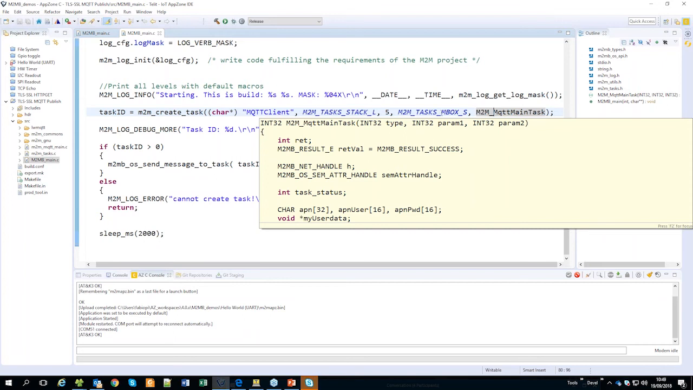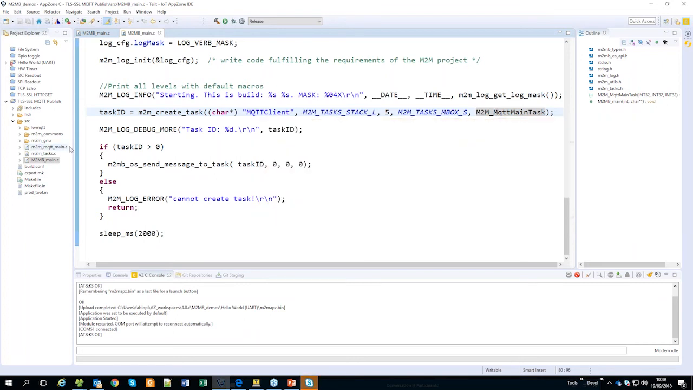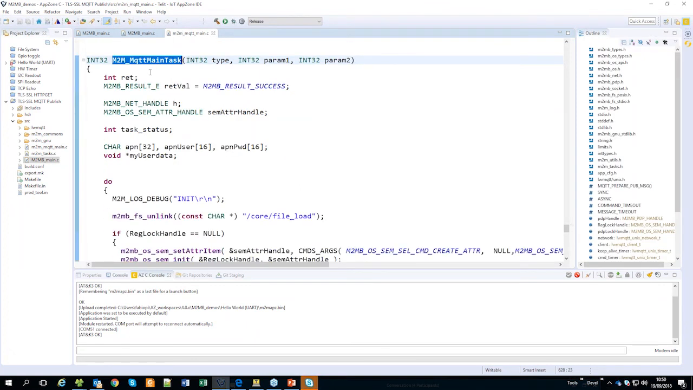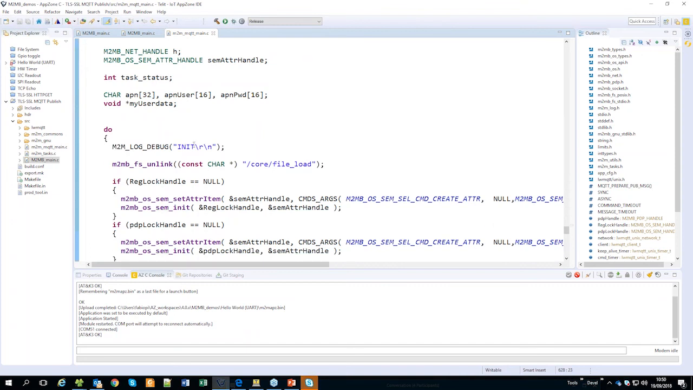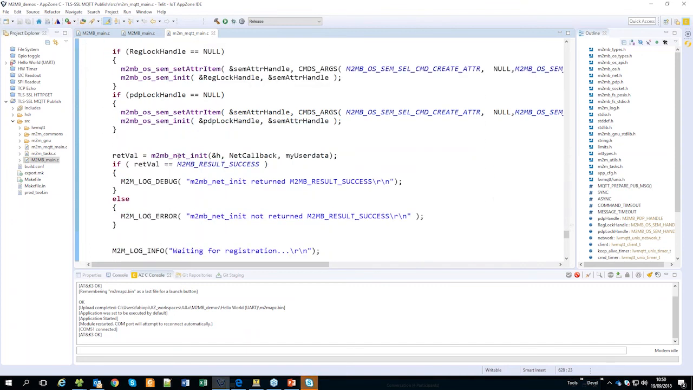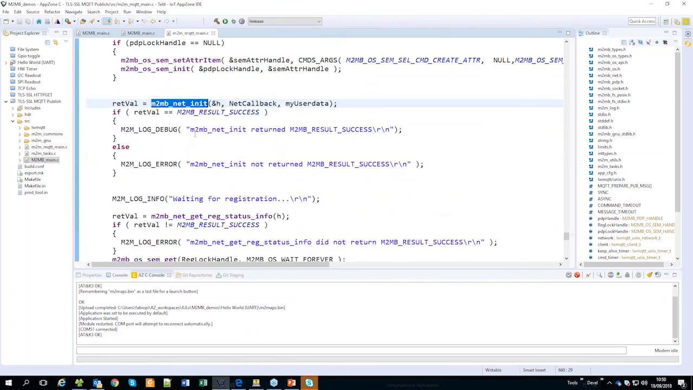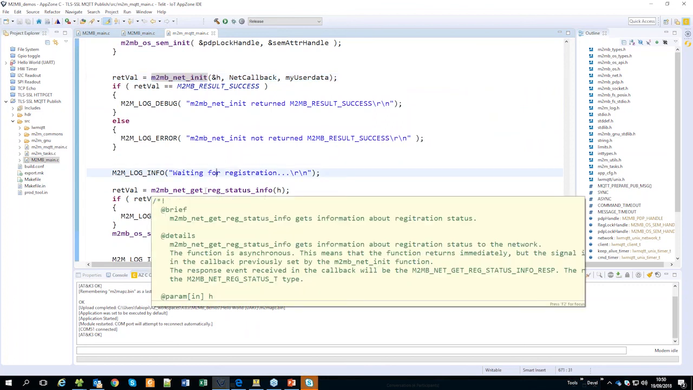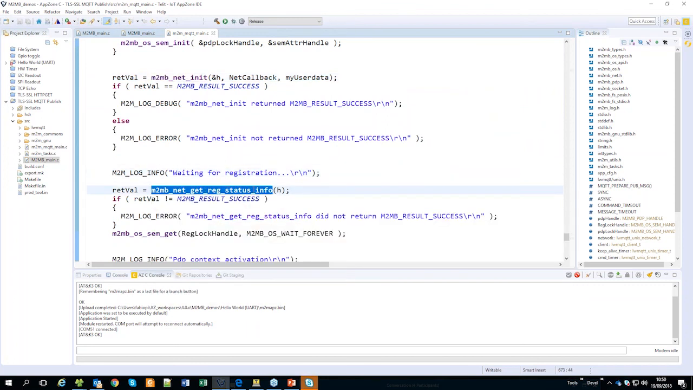So basically, once the MQTT main task starts, the first thing it does is to initialize the network and the PDP functionalities. So we'll check for the registration, initializing the callback that will be called when the registration event actually happens. Once it opens, we have the semaphore here that is unlocked, and then the code will go ahead and initialize the PDP